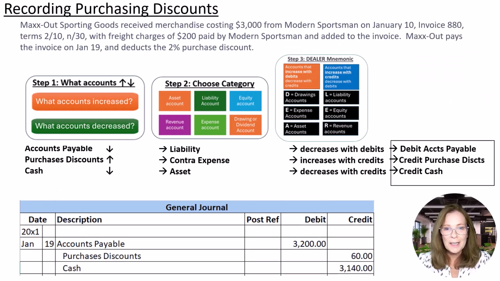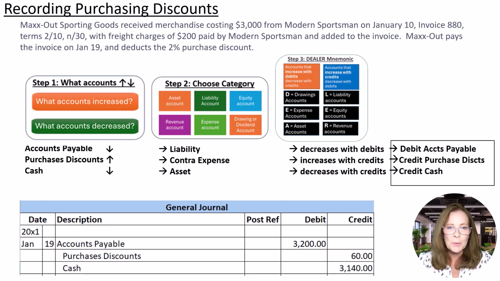On January 19th, within the 10 days time period for taking the 2% purchase discount, Max Out pays the invoice due with check 150, and we need to determine how much is due to Modern Sportsman. First, it's important to remember that the 2% purchase discount is calculated excluding the freight. So in this case, $3,000 times 2% is $60, and the amount due is $3,140, which is $3,000 minus 2%, or $2,940, plus $200 freight, for a total of